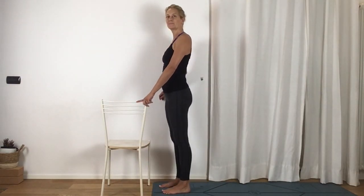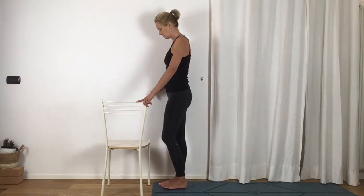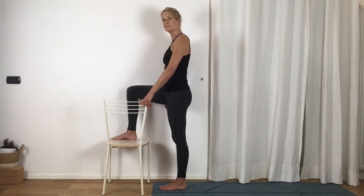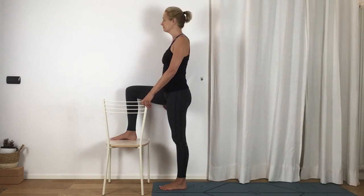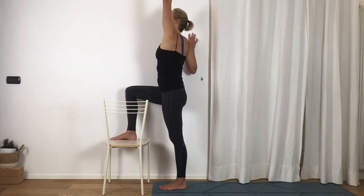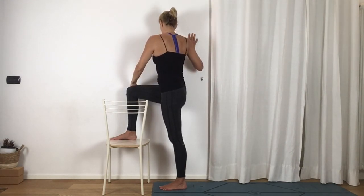Turning your chair around if you need to. Stepping your body right against the wall, and then step your right foot up onto the chair. Right hand on the wall. Inhale. Lift your left arm up to the ceiling, reaching long, and exhale and